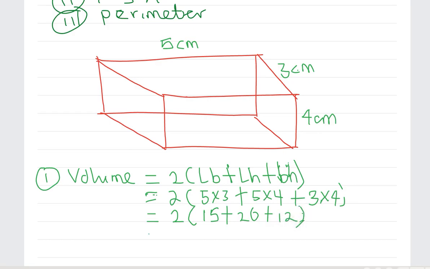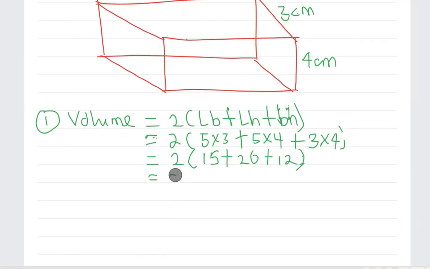So then what are we going to have next? We are going to have 2 into bracket 15 plus 20. 15 plus 20 is 35. Are you seeing that? 35 plus 12 will give us 47. Then if you multiply 2 by 47, that will give you what? 94